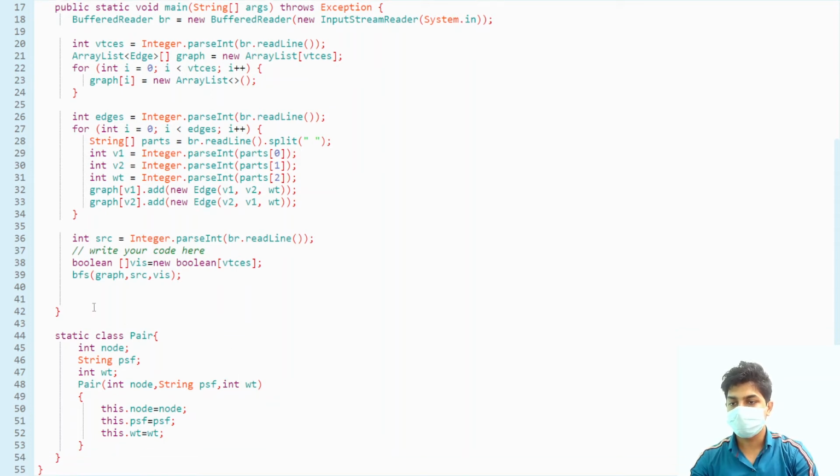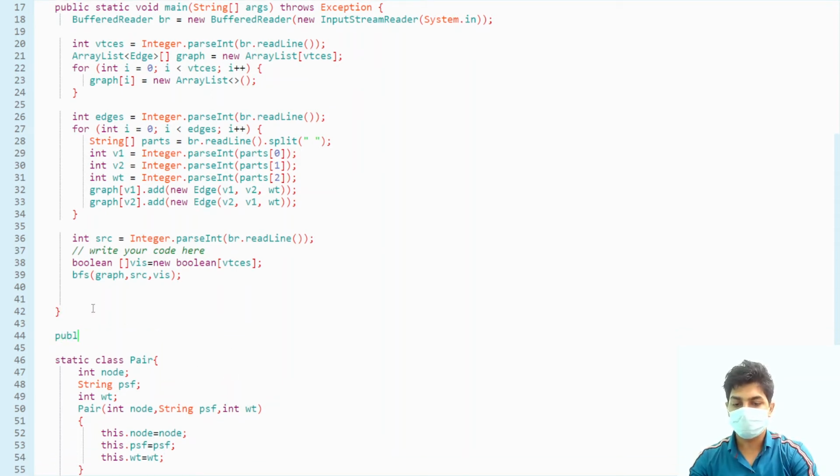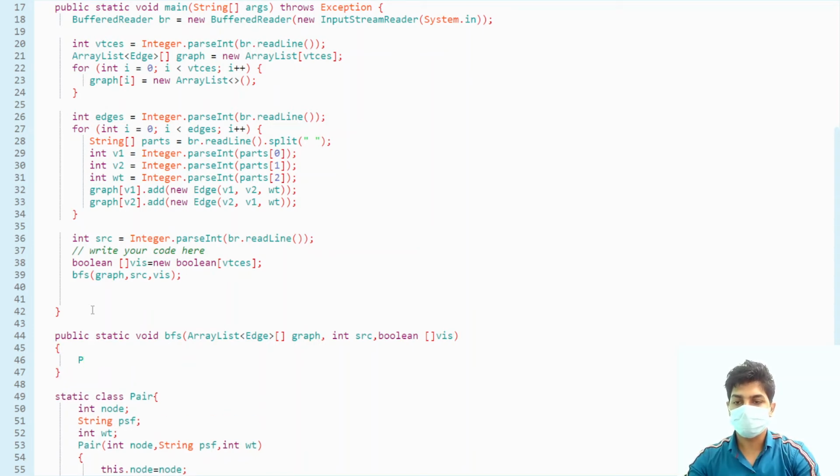Now let's write our BFS function. Public static void BFS. We have a graph, so an array list of Edge array graph. Then we have the source node. Then we have a boolean array visited. Earlier we used to make a queue, but this time we will make a priority queue.